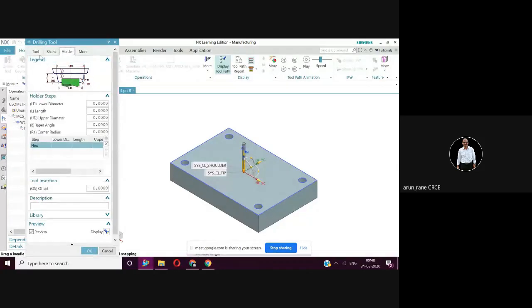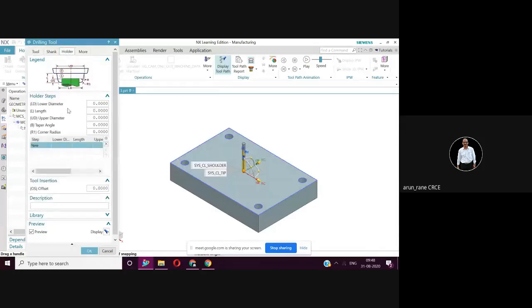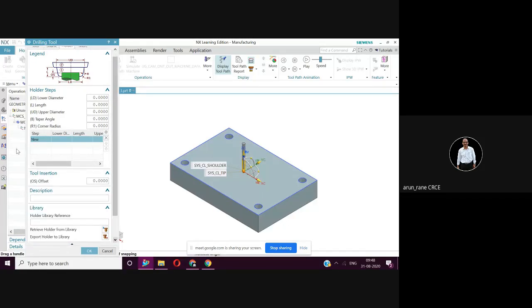Again select the holder. See, now the drill has come because you selected the operation hole making. Now you have a holder here. Select it from the library. See, all these other options you have to explore on your own.